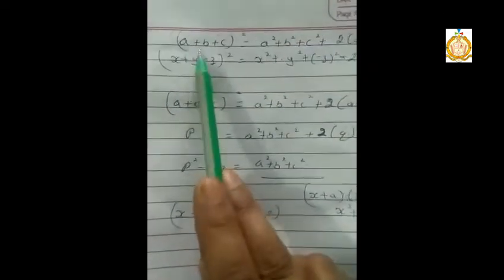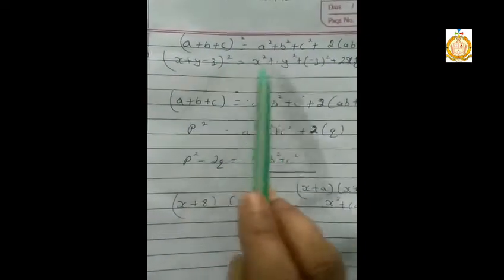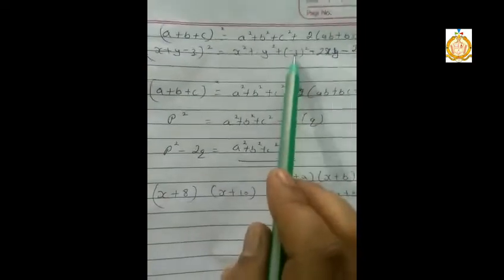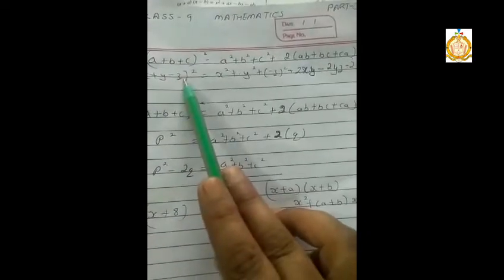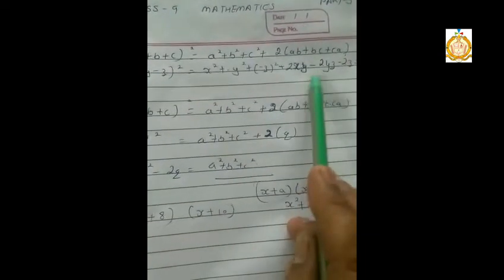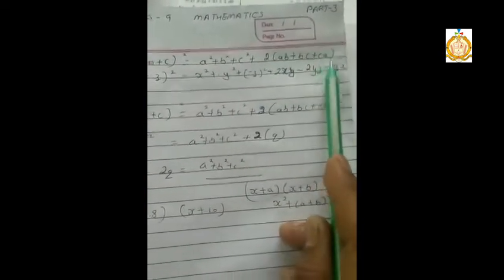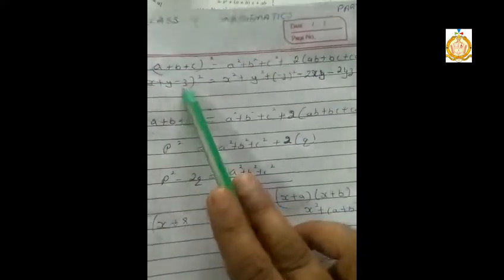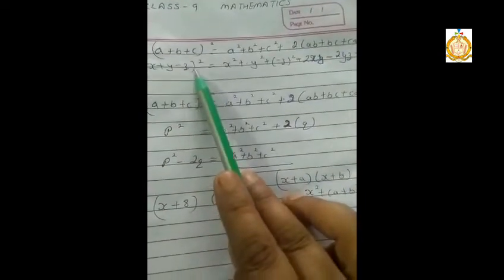Clear? Now, see our sum. The value given is (x plus y minus z) whole square. That means the first value is x square, the second value is y square, the third value is minus z square. This minus z square now becomes positive because square is there. Then 2ab, 2 multiply xy, then 2bc, that means 2 multiply yz, but z is negative, so that's why it becomes plus minus. No need to learn the next formulas, we just write it, put the negative sign in the single formula. So next is 2ca. That means this ca, c is z with negative and a is x, and again there will be minus because z is negative.